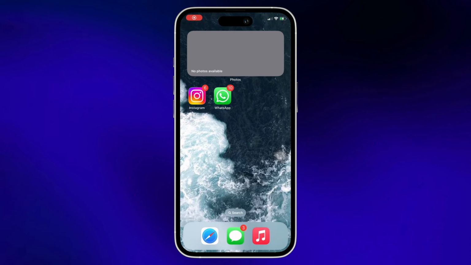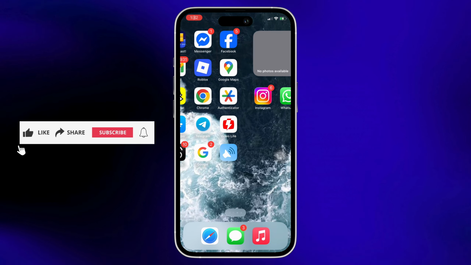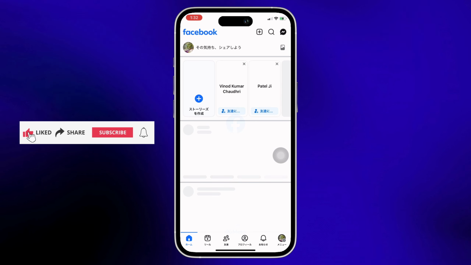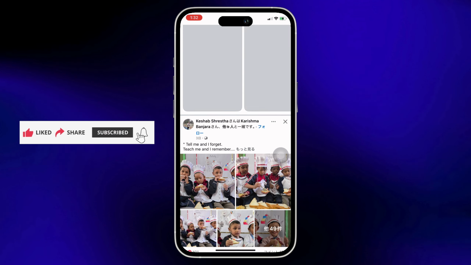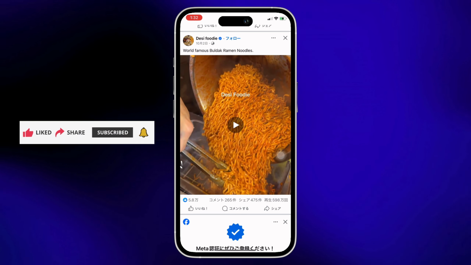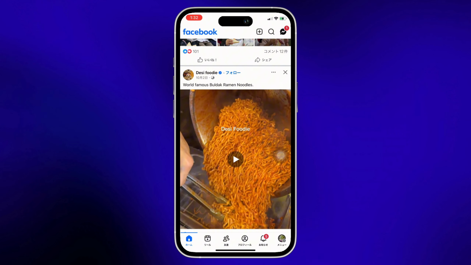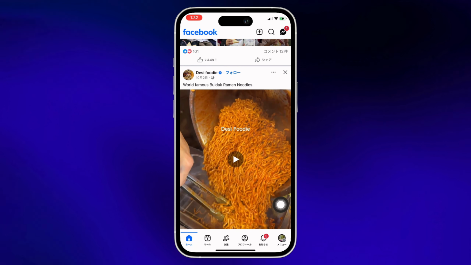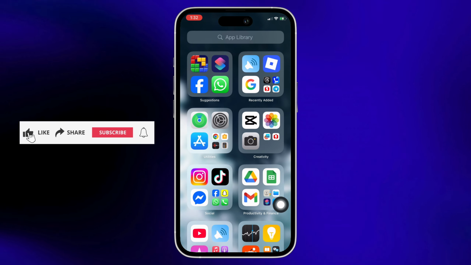Now let's get right into the tutorial. The most important thing to keep in mind before applying for Facebook dating is to make sure that it is available in your country, as Facebook dating is not available everywhere. So, if your country is not listed in Facebook dating availability, then the feature simply will not appear on your